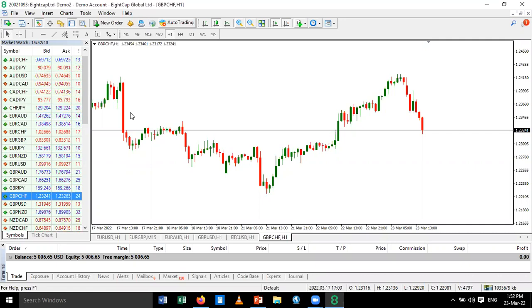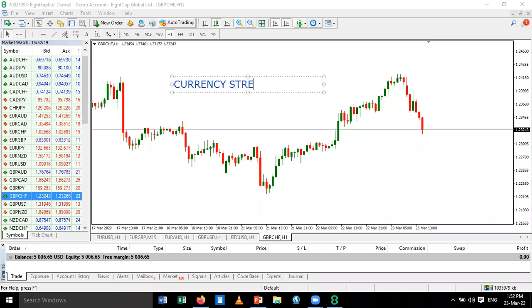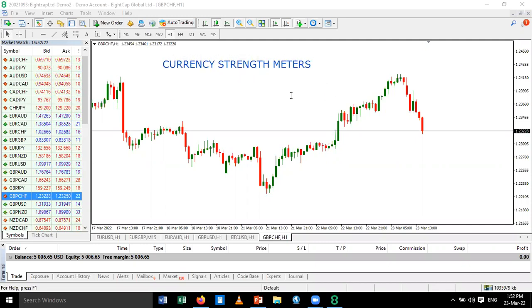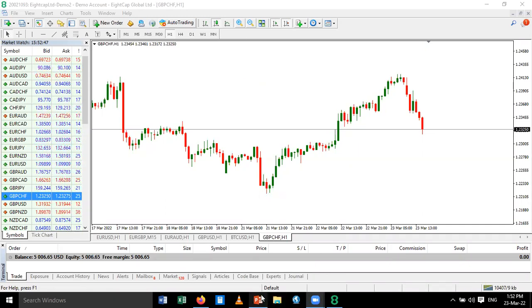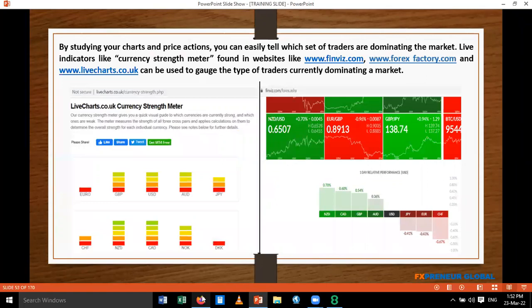And those indicative tools are referred to as currency strength meters. Currency strength meters can be used to gauge the market sentiment. There are some strength meters that one can buy and install into your MT4, but there are also some dedicated websites that provide you with this information. Now, some of these websites include, log into your browser